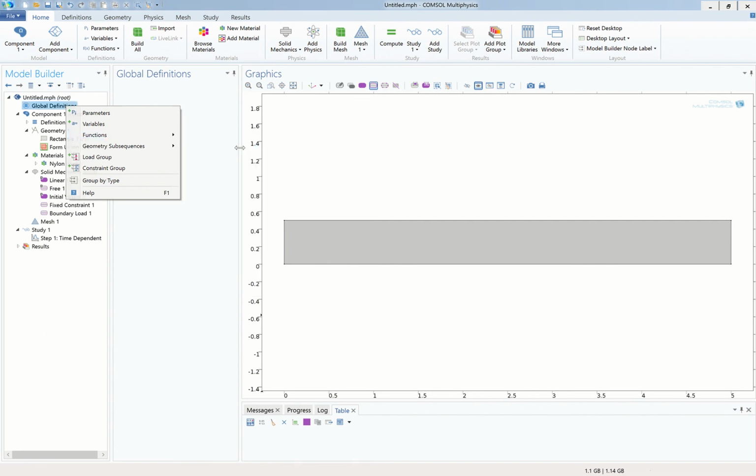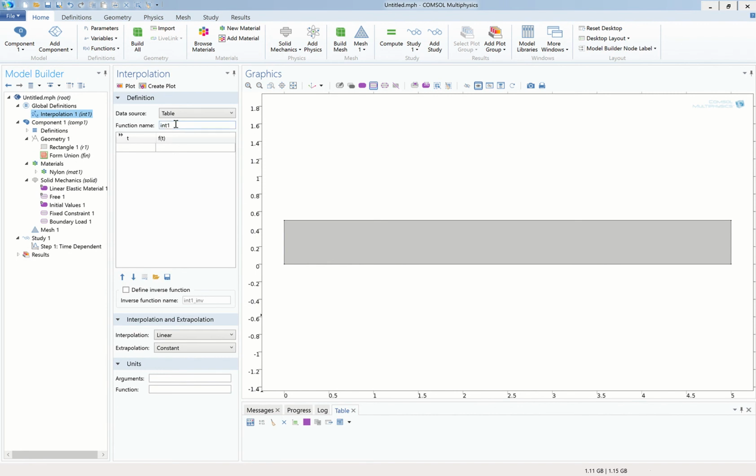So I click on interpolation, okay, and for the function name, we'll call this load, okay, and at t equals 0, let's have f of t, or the load, just be 0,